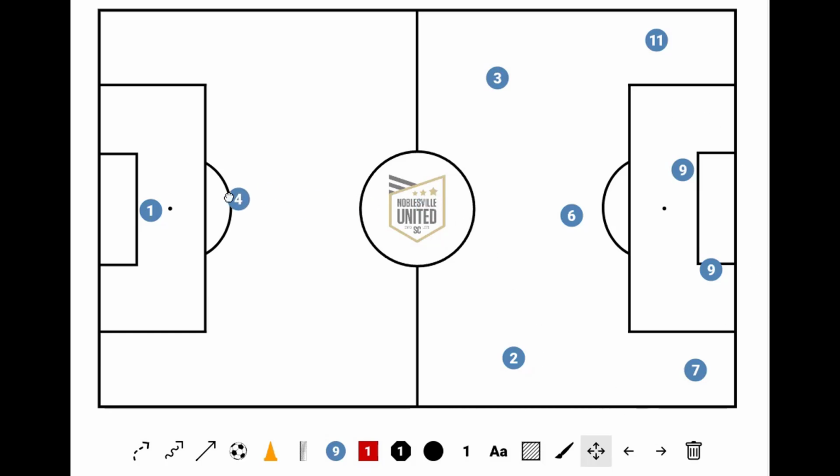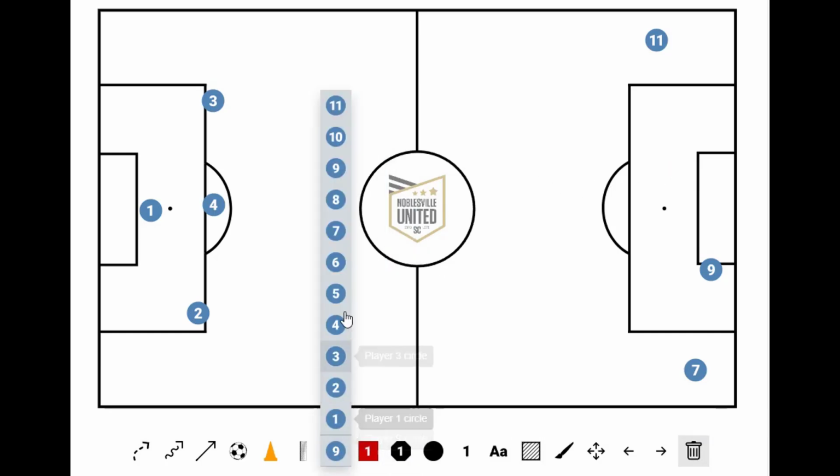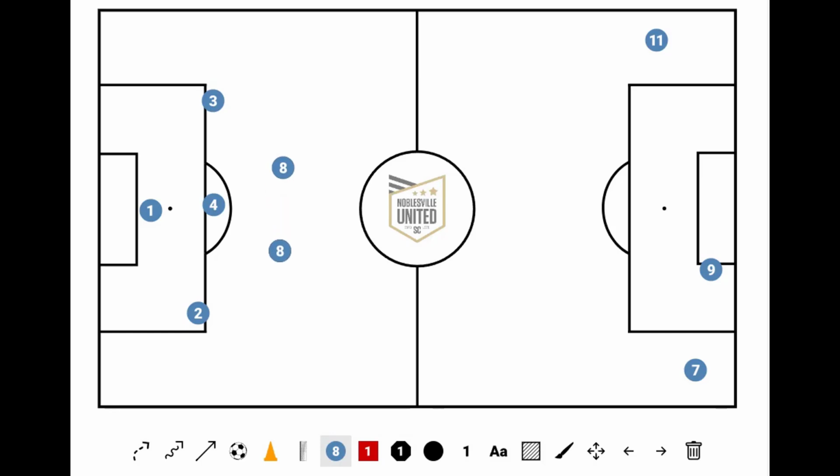Now you don't have to have this exact formation, and so therefore you might have different numbers. So for example, what if we got rid of our 6 and got rid of one of our 9s? We could put in 2 center backs and have 2 8s, meaning that they're going to be box-to-box midfielders. And so what we end up here with is a 3-4-1 kind of formation, 3 backs, 4 midfielders, and an attacker. But now it's more clear that these 2 players are going to be pushing up together,